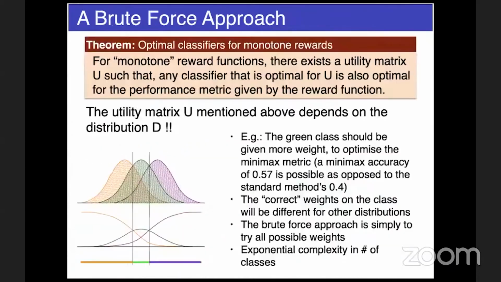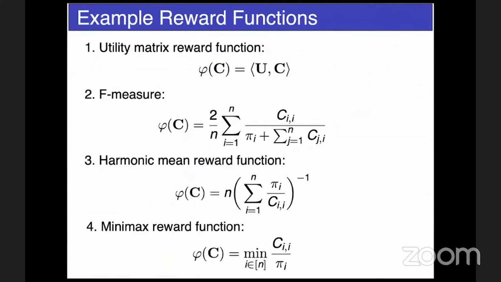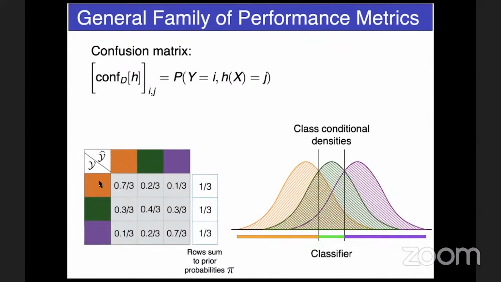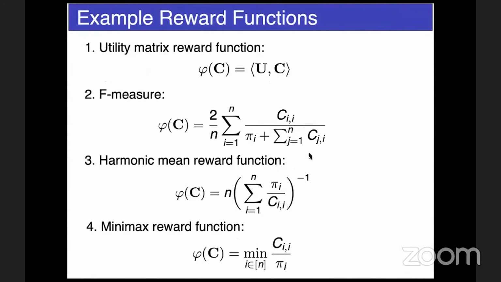Let's go back to the confusion matrix definition here. In the confusion matrix definition, what is the best confusion matrix? Obviously, you want the diagonal elements to be as high as possible. So the diagonal element for orange should be 1 by 3, green should be 1 by 3, and purple should be 1 by 3. Everything else should be 0. That's the ideal confusion matrix. But of course, in this case, it is not possible to even achieve that confusion matrix. So that's the rub here. We'll come to that soon.